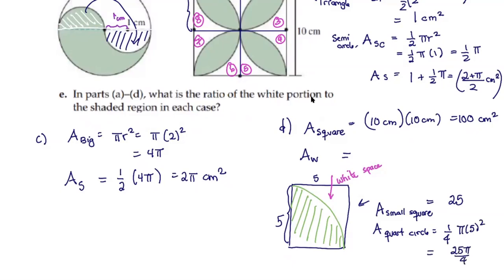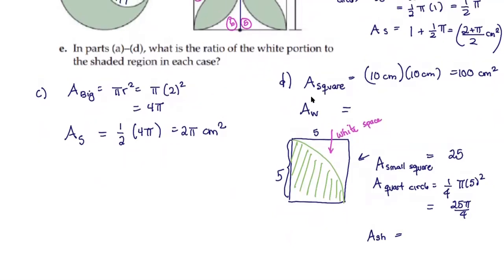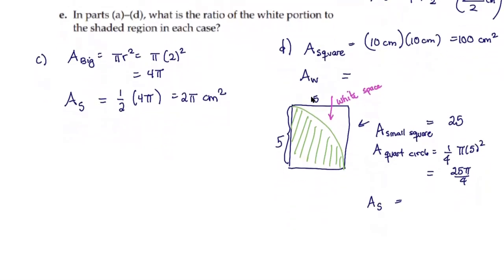all over 4. And so that means that the area of the shaded space, if we put back, well, hold on. Let's start with the area of the square. The area of the shaded space, let's just call it AS, is going to equal the following. It's going to equal the small square, which is 25,